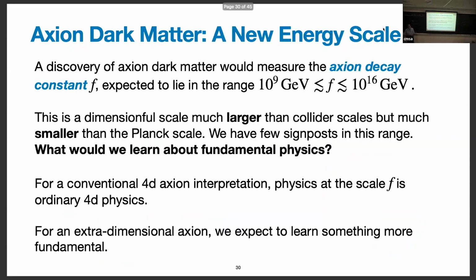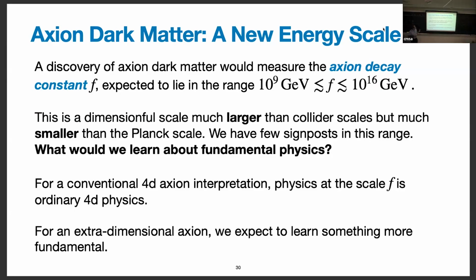Okay, so the last thing I want to talk about today is suppose that we do find an axion. Suppose that there is a discovery of axion dark matter, and what do we learn? If it's a QCD axion, you would learn two things from a discovery. You would learn the mass. And at least for most of the experiments that are looking for it, you would learn the coupling to photons. Now, the mass of the QCD axion is predicted in terms of its decay constant F. And the coupling to photons is a little bit more model dependent, but it's basically an order 1 number times alpha divided by 8 pi F or something like that.